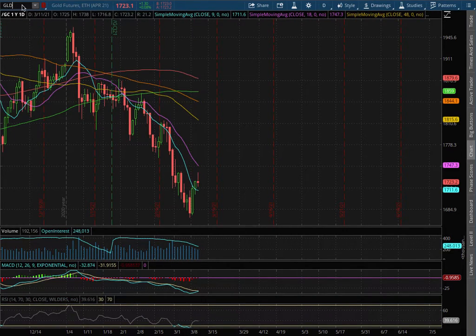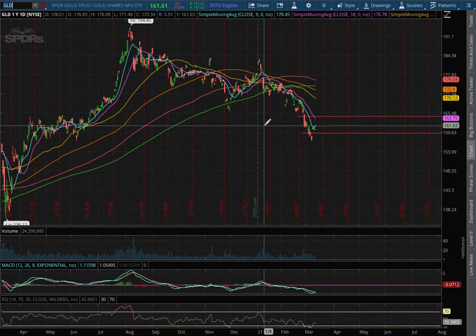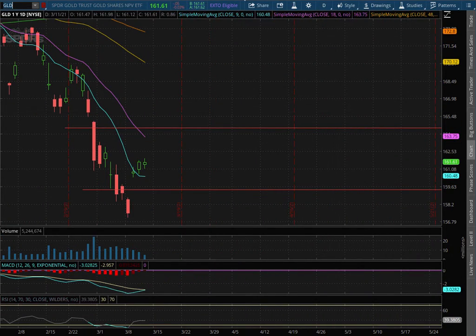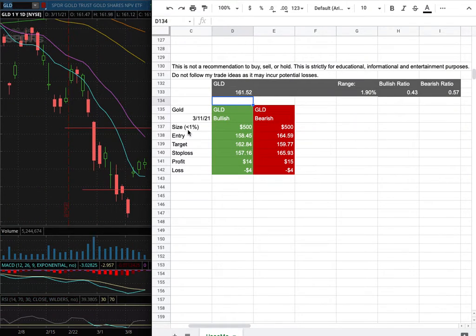As for the trade idea of the week, I'll be trading GLD, and my position size for it is less than 1% of my portfolio. My long entry is at $158.45, and that is this range here. My sell target is at $162.84, and my stop loss is at $157.16. However, if I were to open a short position, my entry is at